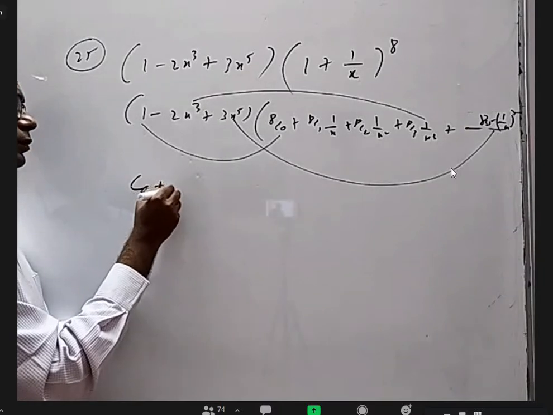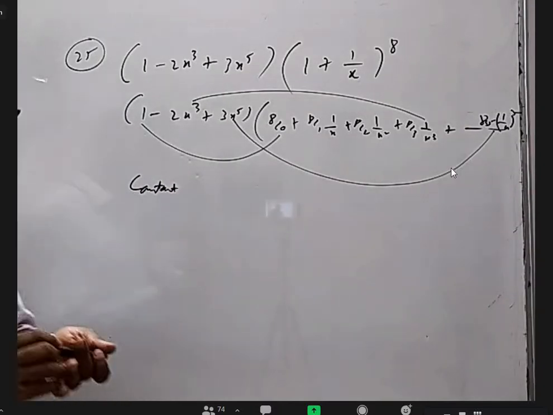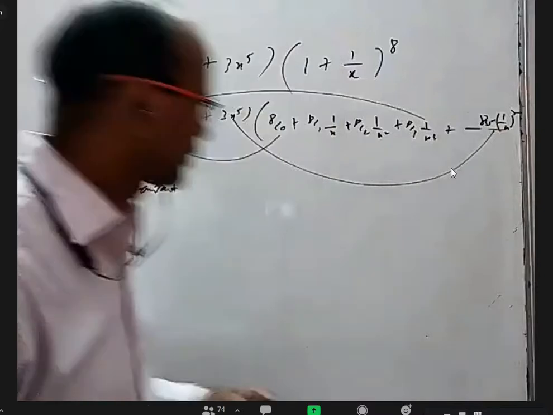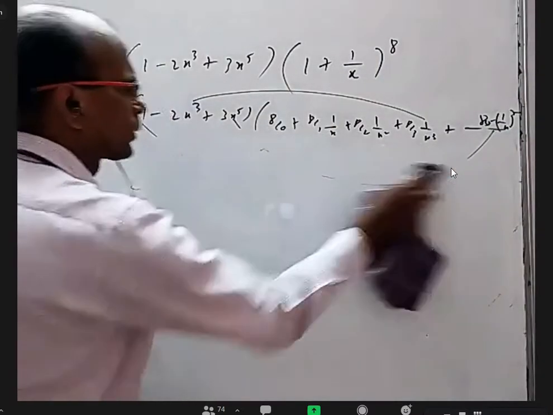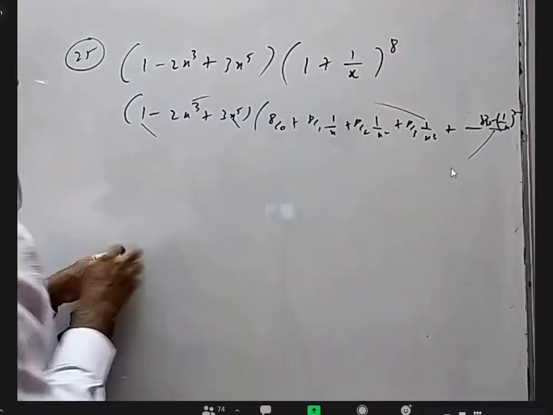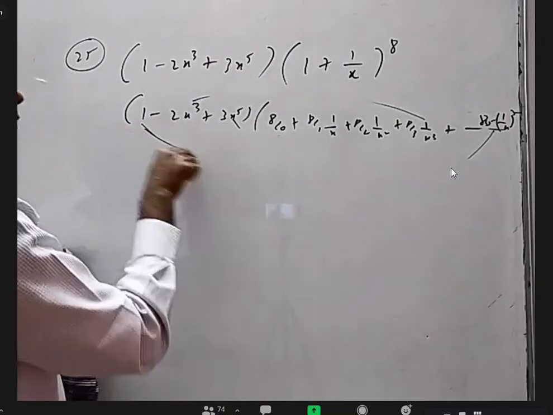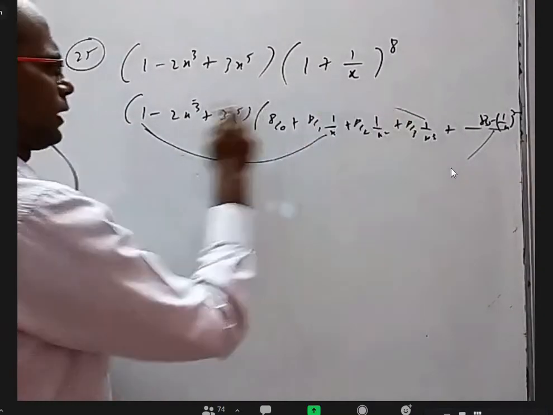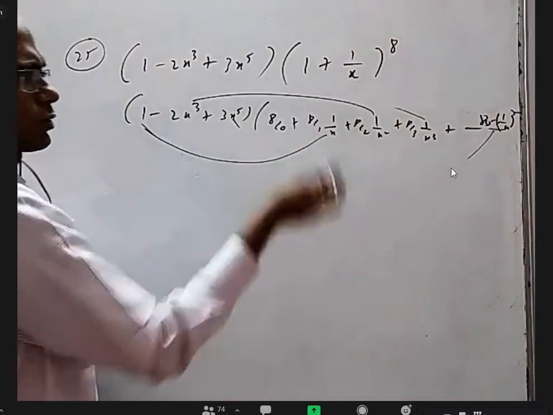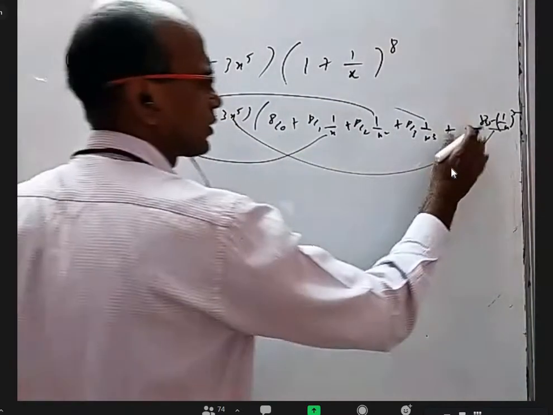So they asked x coefficient. Only x, sir? Only x. Okay, then we'll get in 3 ways here. This into 1 by x here. Here already x cube, so I have to take 1 by x square to get x. This is already x power 5. So here I have to take x power 4.